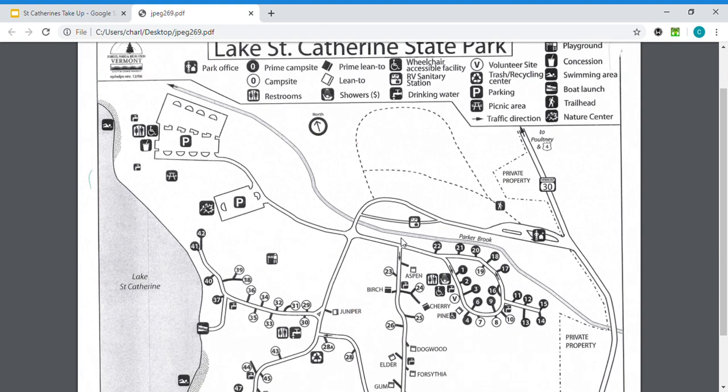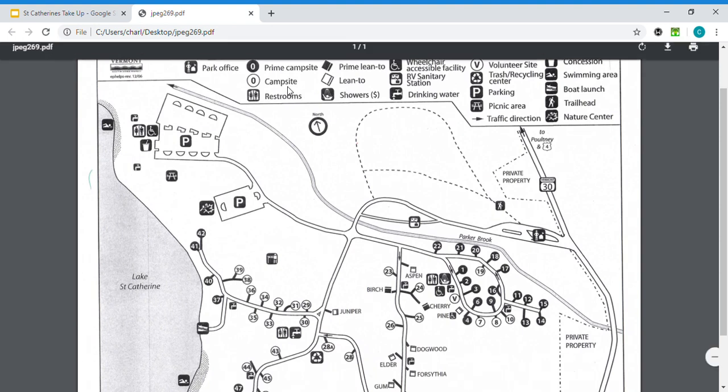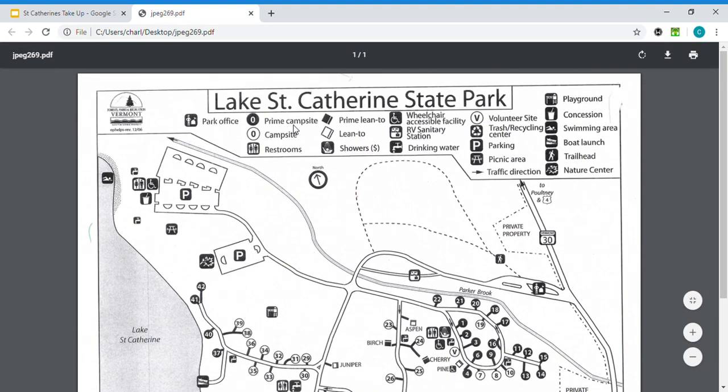So looking at our questions from the test, one of them was, how many campsites are on this map? So how many campsites are on this map? How would you answer that question? Well, what I would do is I would look at the legend to see what is a campsite symbol for